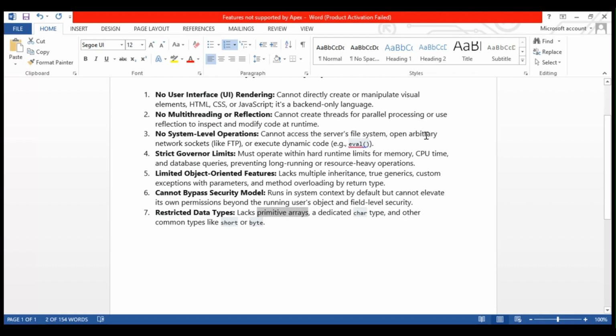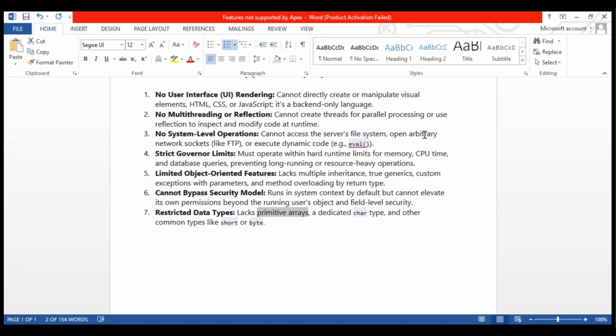Also, Apex cannot bypass the security model. That means it runs in system context by default but cannot elevate its own permissions beyond the running user's object. It means, friend, that for example, if you are using any particular user object in the Apex and it has some limitations on the security model, you must follow those instructions when coding in Apex for that user, because you cannot bypass those